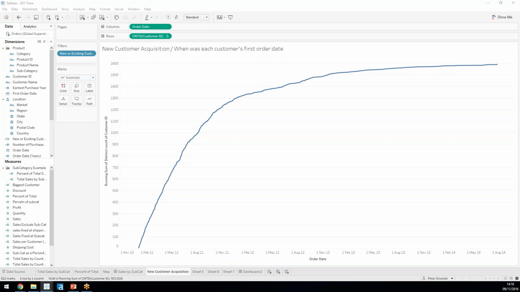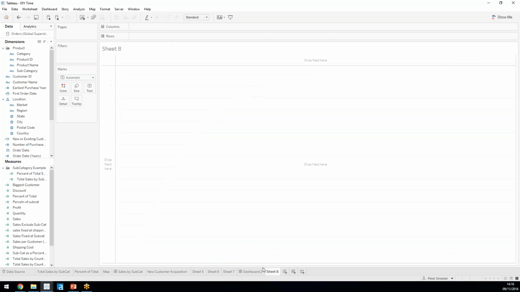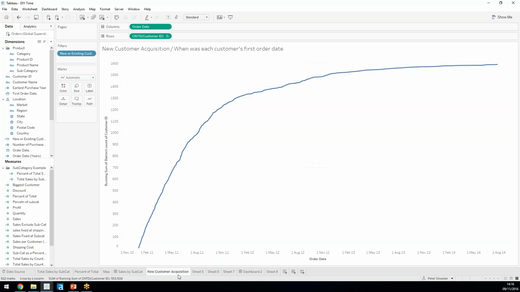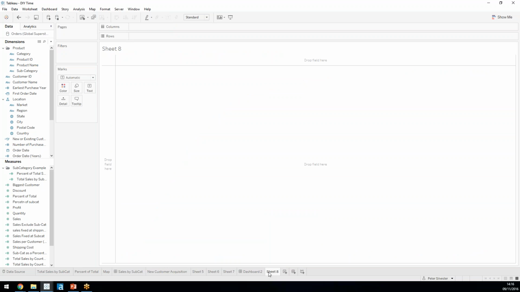Shall I go through it? Yeah, please. So then, a new sheet. So we're looking for, so go back quickly. Cool. So your existing calculation is going to be minimum order date, a fixed calculation for the customer ID. It's going to go onto your filters, and then it's just the normal running total. So yeah, how I did it was,